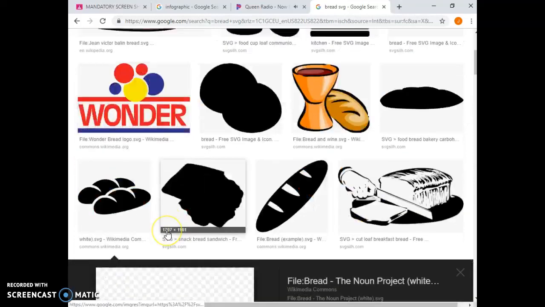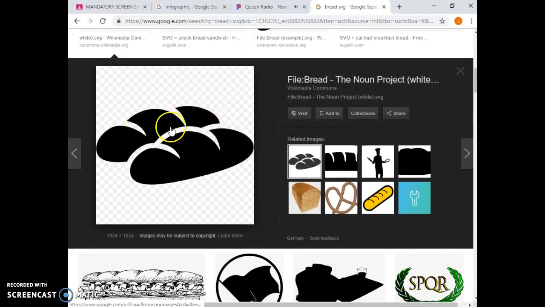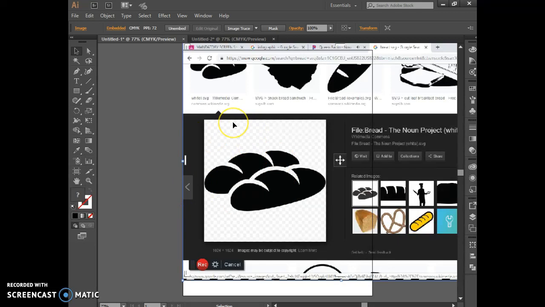So once you find that particular image, and I chose these two loaves of French bread, let's say it's exactly what you need for your infographic or whatever the project is you are working on. So what you do is you can save it and open it up in Illustrator. I did a shortcut. I just did a print screen, and I pasted the print screen in Illustrator. When you paste something into Illustrator, generally this window will come up. So if you can take a quick peek, I've got these image trace